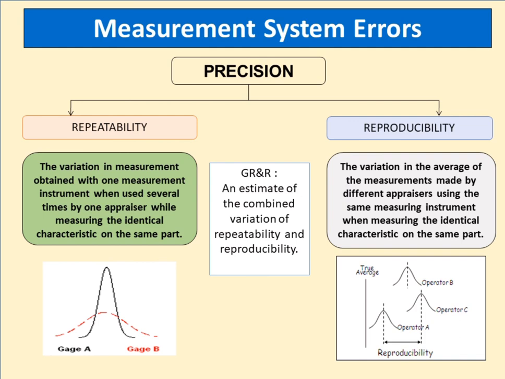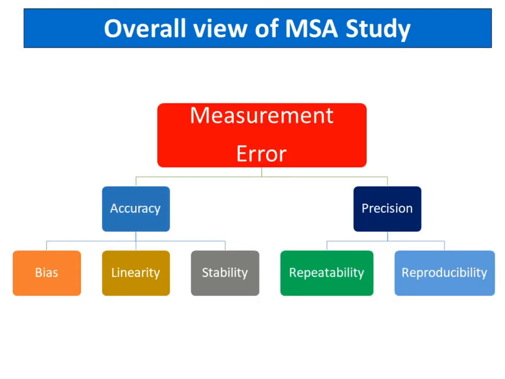In summary, measurement system error can be classified into 5 categories: bias, linearity, stability, repeatability and reproducibility. Measurement systems analysis is a method for determining whether a measurement system is acceptable. A measurement system analysis is a critical component for any quality improvement process. Evaluate your measurement system before using control charts, capability analysis, or other analyses, to prove that your measurement system is accurate and precise, and that your data are reliable.